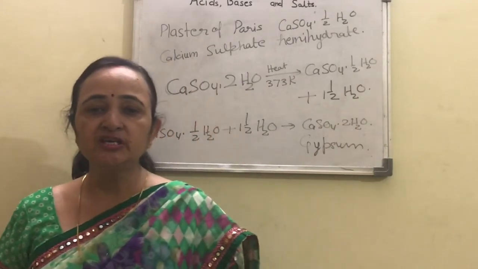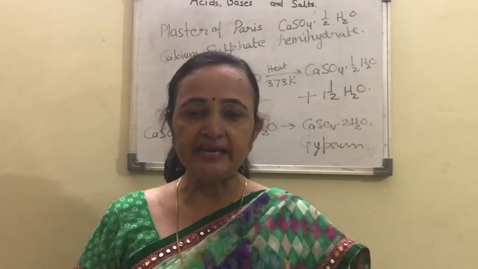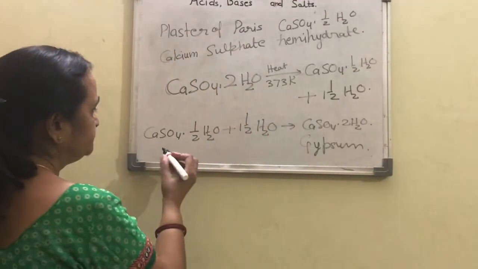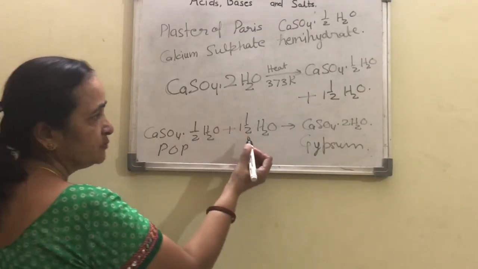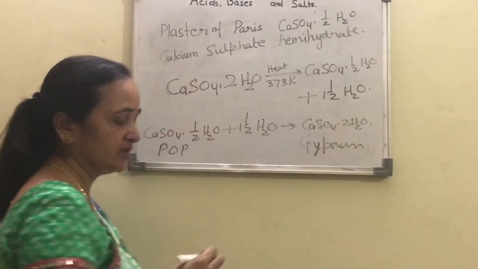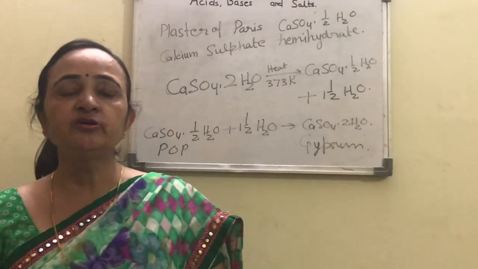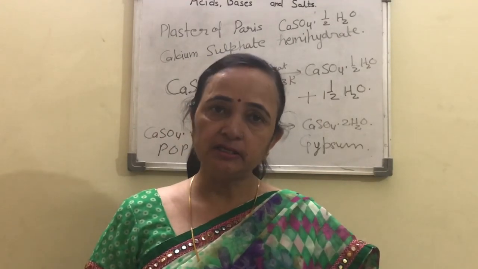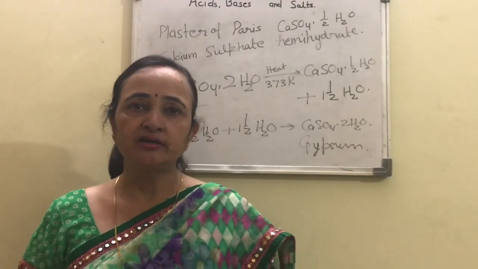Then the last question is that write an equation to show the reaction between plaster of Paris and water. And already I have written you here, you can see plaster of Paris. This is plaster of Paris and this is water, and they form the gypsum. So these questions answers I will be sending you, and rest of the questions of the exercises also I will send you, and you have to complete it in your notebook. So your chapter acid, bases and salt is complete.